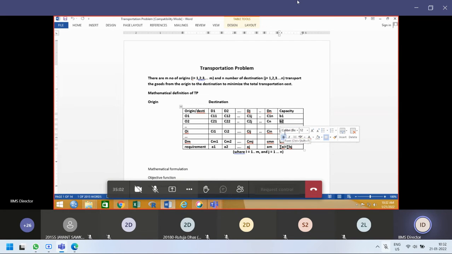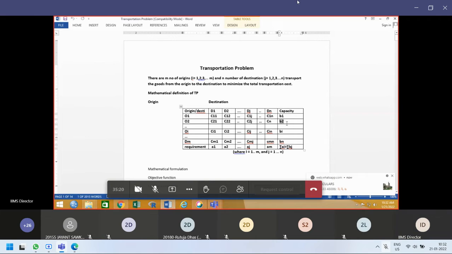How much capacity, that much goods we are going to transport. How much requirement, that much goods we are going to transport. That means depending upon the capacity and requirement, the goods are going to be transported, right? Okay, now here